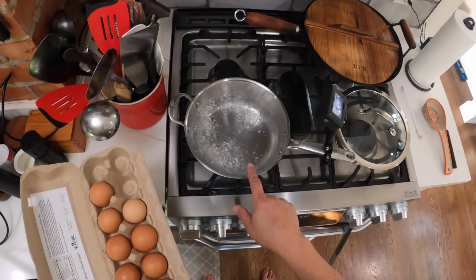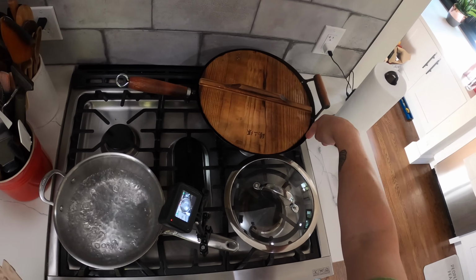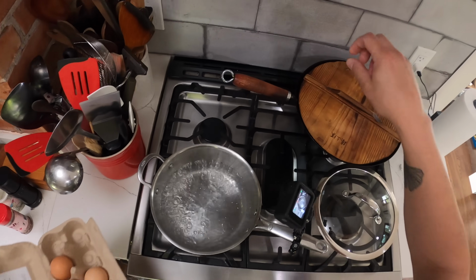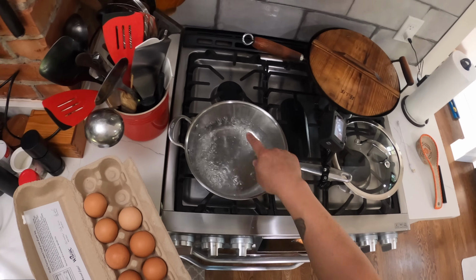All right, so I got some water in a saucepan. I usually do it in my wok, but my wok has some oil in it right now. The reason I like to use a wok is because you can gently put the eggs in down the sloped side and they roll into the bottom instead of having to drop them in and risk cracking them. But anyhow, a saucepan or a wok, whatever vessel you have with a lid,